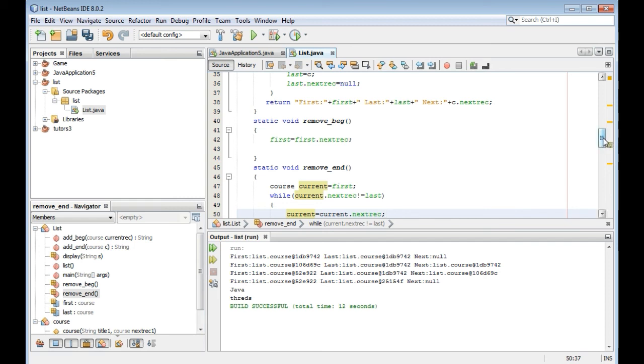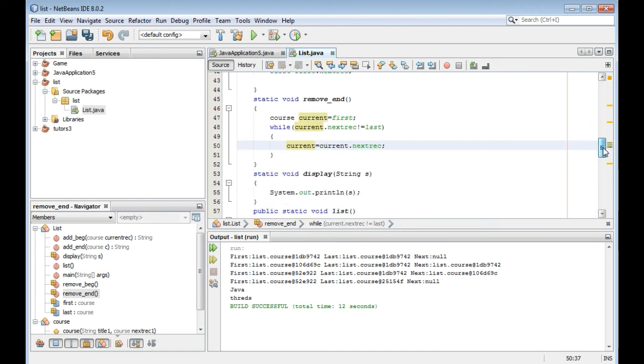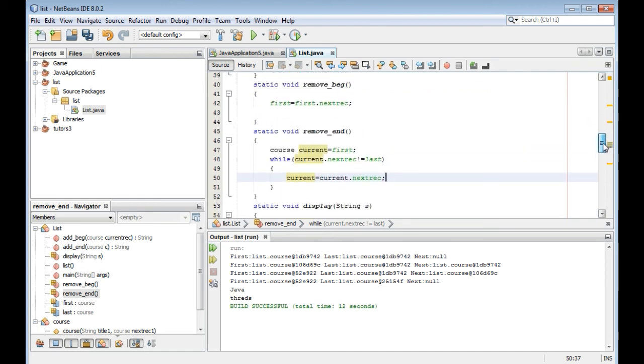And how to remove from the end? We should get course current, current is equal to first. We should loop through it.